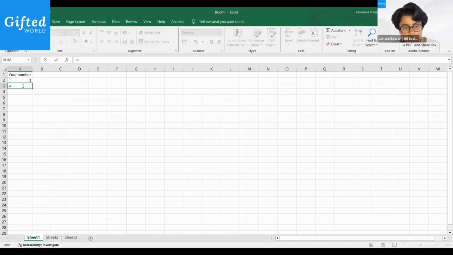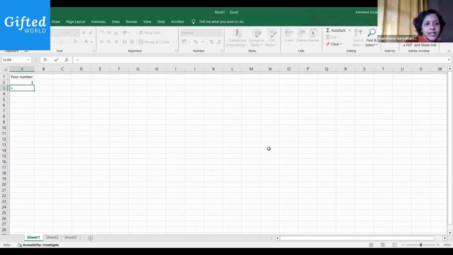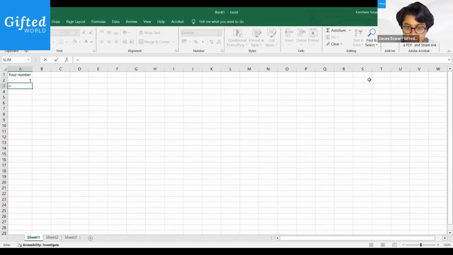Sorry to interrupt. Can you set the zoom in your Excel to be higher? Oh, okay. Under view, I guess, bottom right. I'm trying to do it with my finger, which is not working, but hold on a minute.